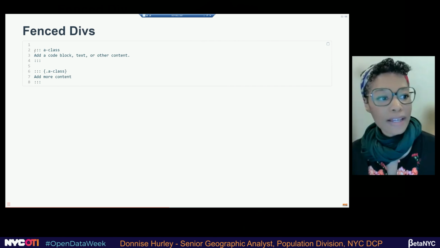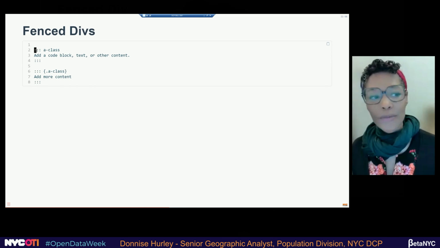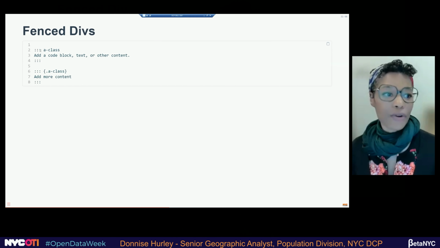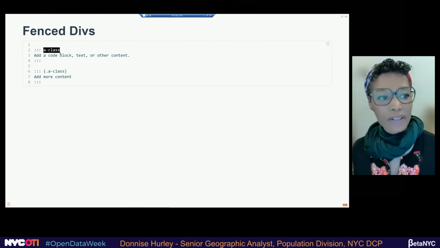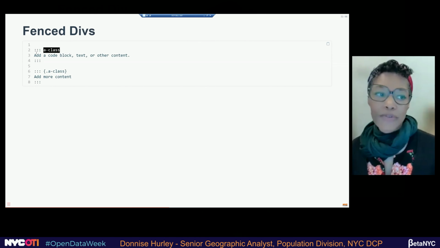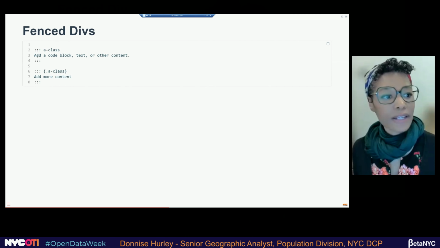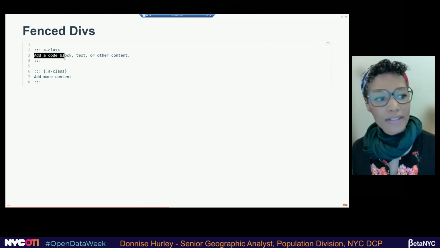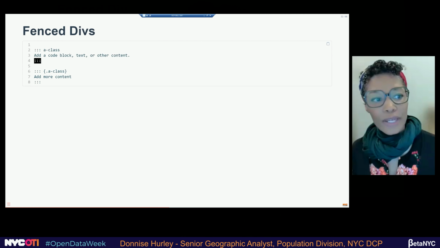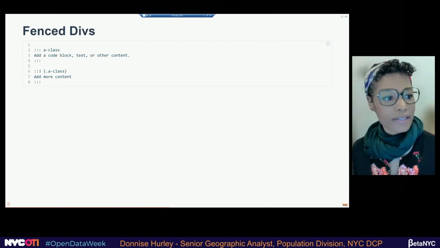So it's similar to the code block where, instead of 3 ticks, you have 3 consecutive colons. And then you add your class name, whatever class, and I'll show you some examples of what a class is. And then you write your text inside, and then you close it with, again, 3 ticks.